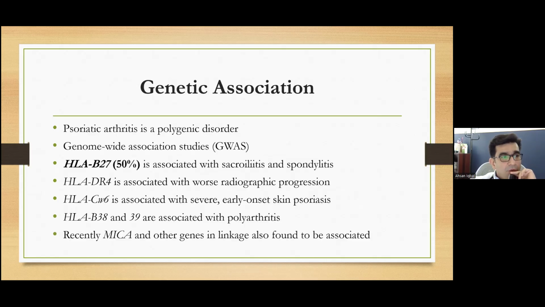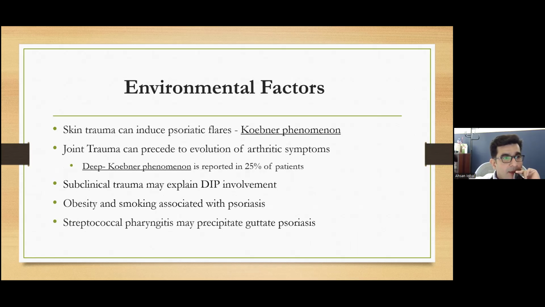Regarding genetic association, they have found multiple genes. The most common one to be on the lookout for is HLA-B27. Now, I know that normally HLA-B27 is usually associated with ankylosing spondylitis, but having this disease with association of or with involvement of lower back and spondyloarthropathy. Other genes of concern are HLA-DR4, which is oftentimes associated with worse radiographic progression, and miscellaneous other genes, which we can find in the